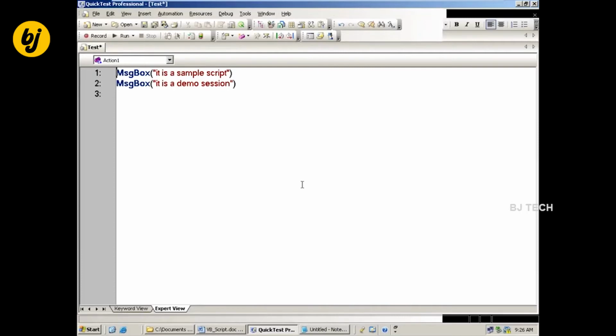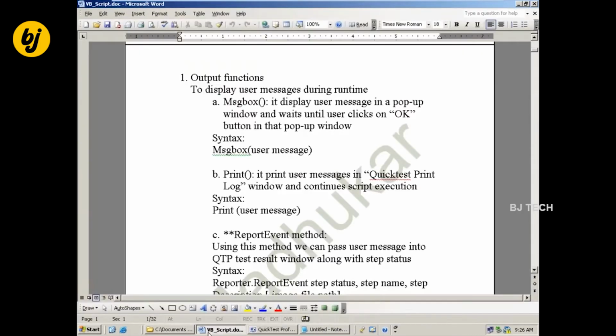So we can go for another function given in QTP, Print. Take the next one, Print.